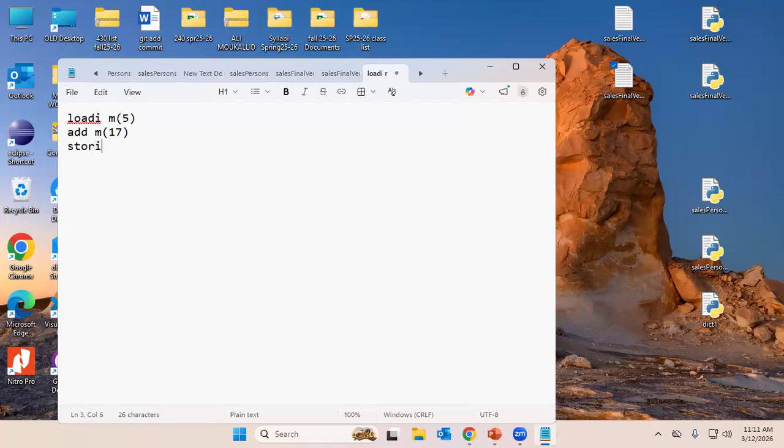Store indirect in memory of 29. Yalla, 29 will be away, but now I know what I'm doing. I can do this and leave spaces there. Let me see if it works. Now what do I need? I need the data, right? So in 5 I'm going to write